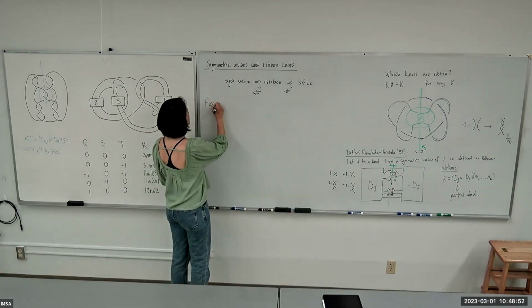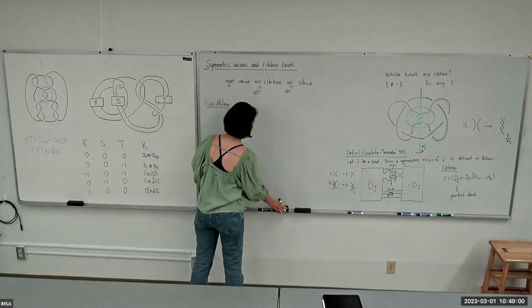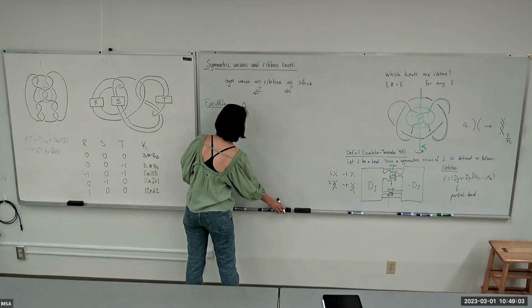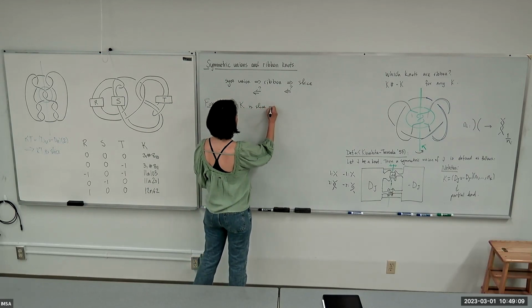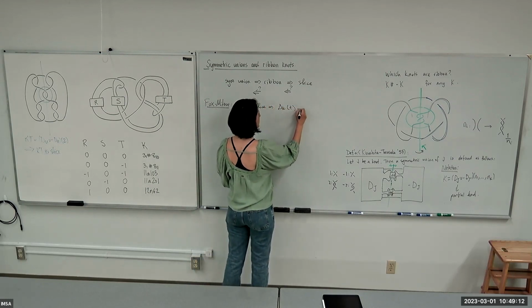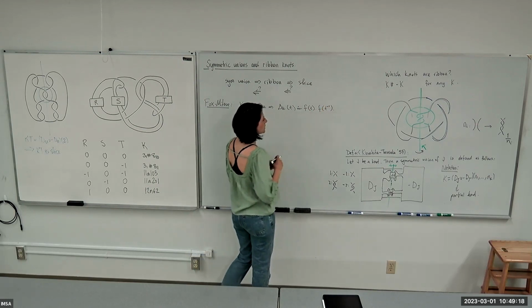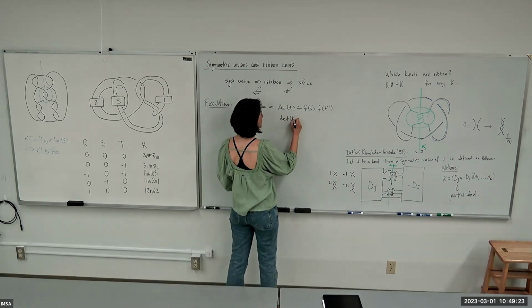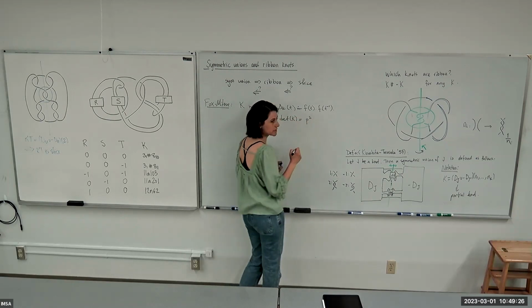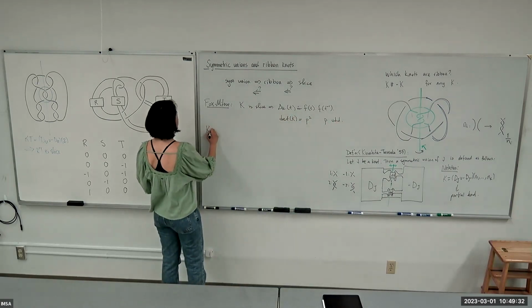What are some connections? We know from Fox and Milner that if K is slice, its Alexander polynomial factors as f(t) times f(t inverse). An immediate corollary is that the determinant of a slice knot is always p squared, where p is some odd integer. Kinoshita and Terasaka show that